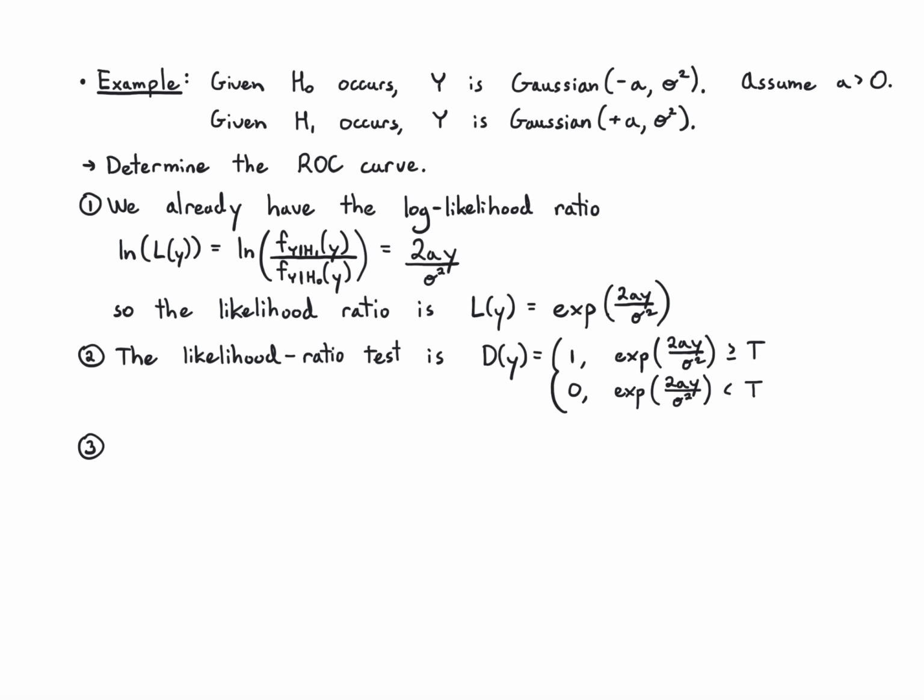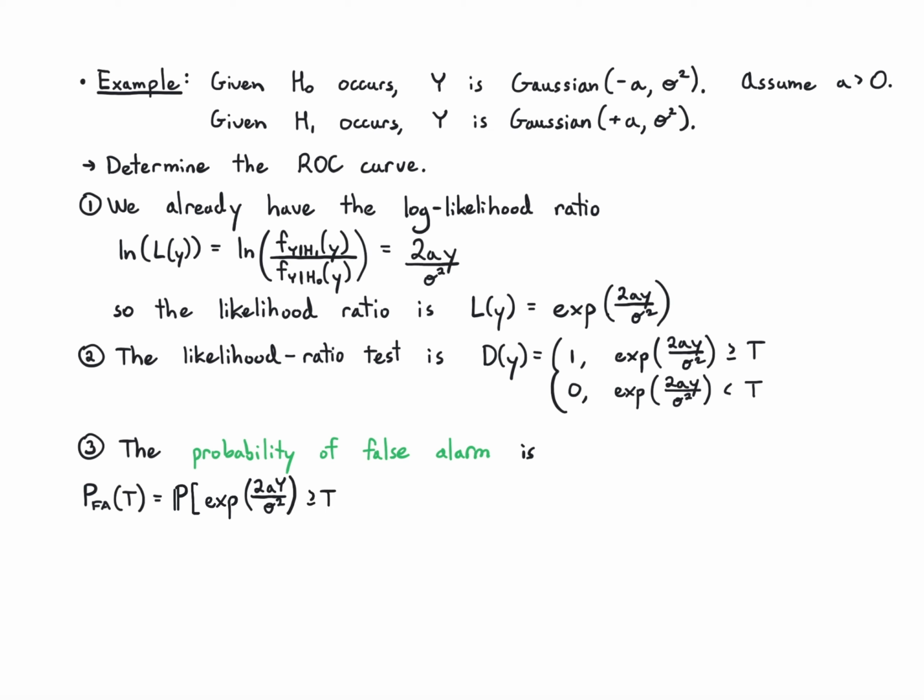Okay, and so now I can explicitly work out my probability of false alarm for any given threshold. So the probability of false alarm for a threshold t is going to be the probability that the likelihood ratio, in this case, e to the 2ay over sigma squared,